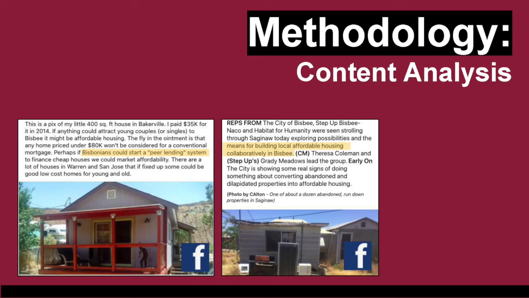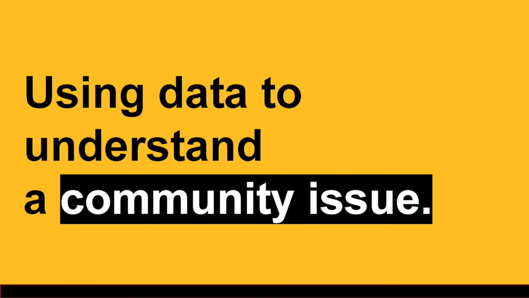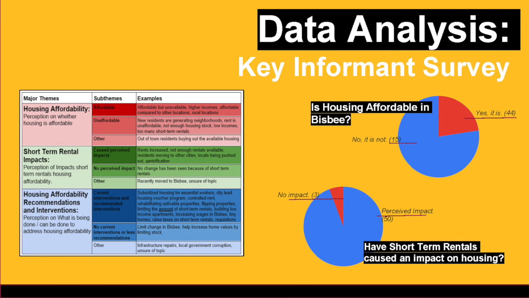On the right, you see a poster commenting about the city exploring affordable housing possibilities with nonprofit entities. Once we completed our survey and our social media content analysis, we looked at our data to understand our community's issues. After completing the key informant survey, we noticed several themes and trends, which were categorized into 3 themes: